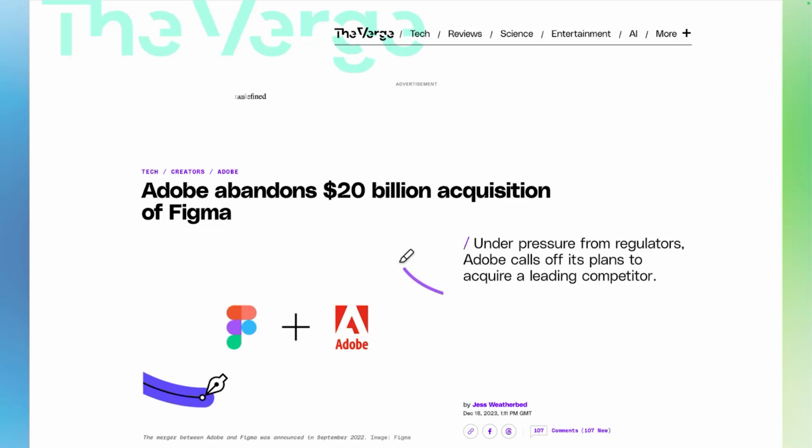So that's just an example of Adobe's market dominance, that it's so dominant in this market that government regulators have said this actually can't go ahead. And once the acquisition deal had been abandoned, Adobe's stock price plummeted, and I'm not actually sure if it's recovered.